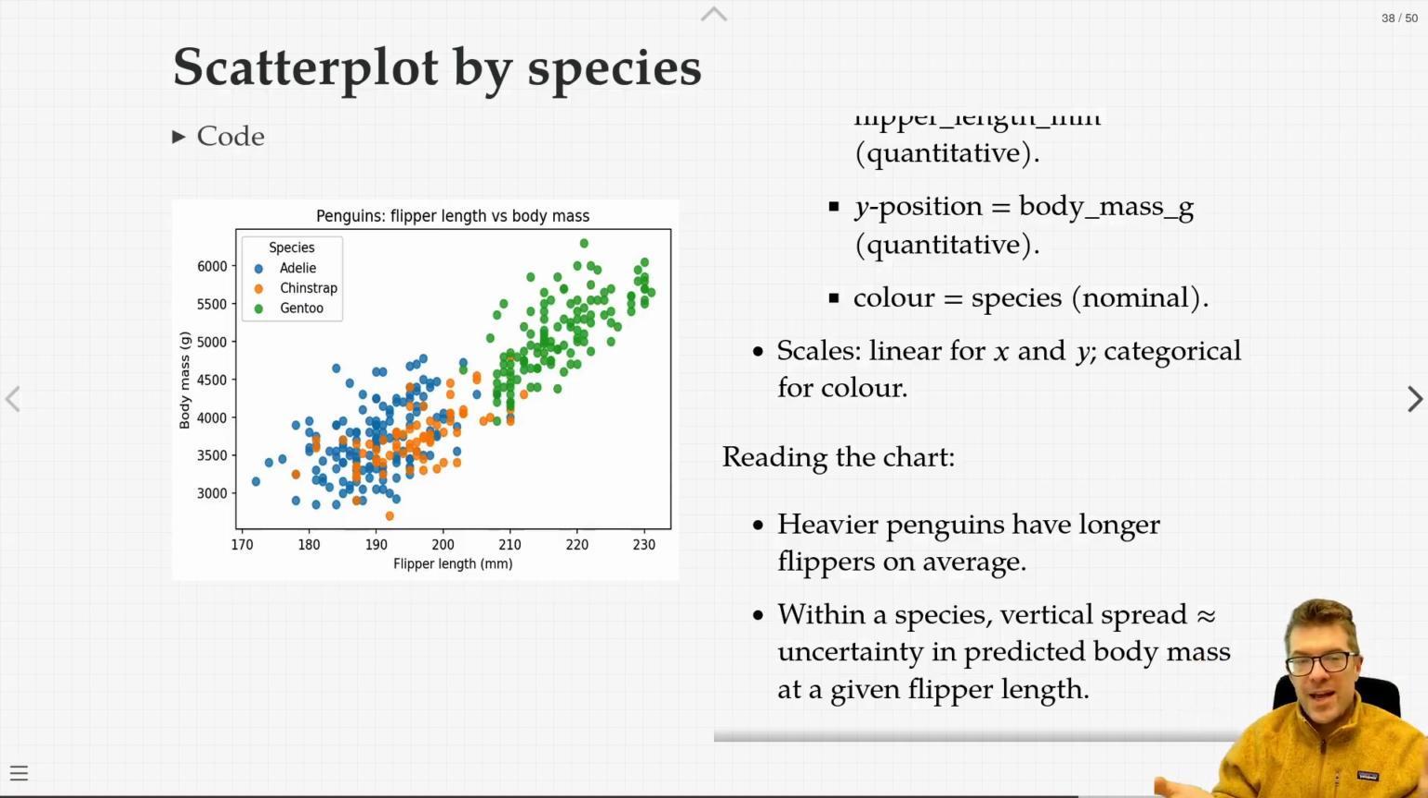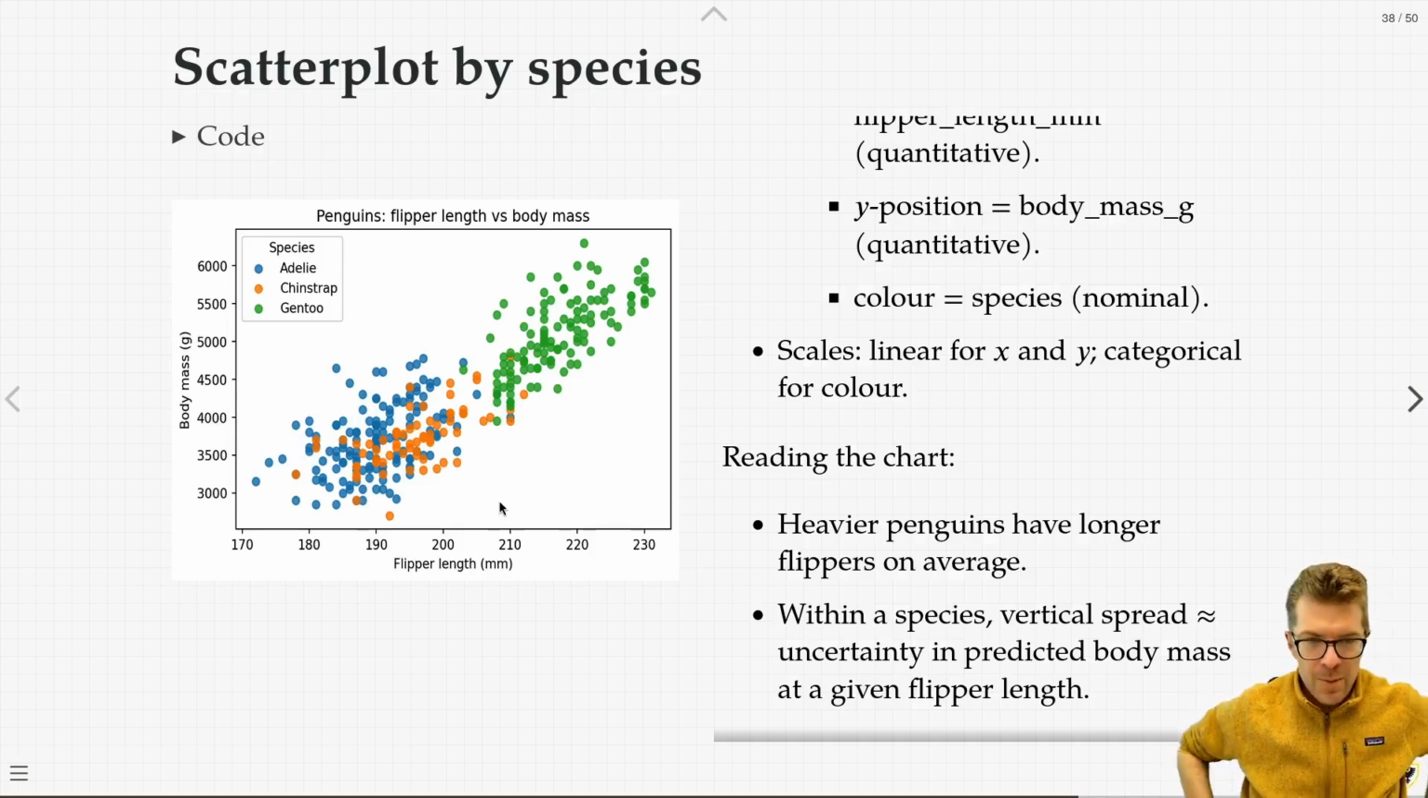So is it the case that this apparent relationship between flipper length and body mass is pulled and stretched and dominated by the presence of these Gentoo penguins? Maybe this trend between these two variables does not exist if we're looking at just Adelie or just chinstrap penguins or their combination. So this is just an example of an idea that we'll keep on coming back to,